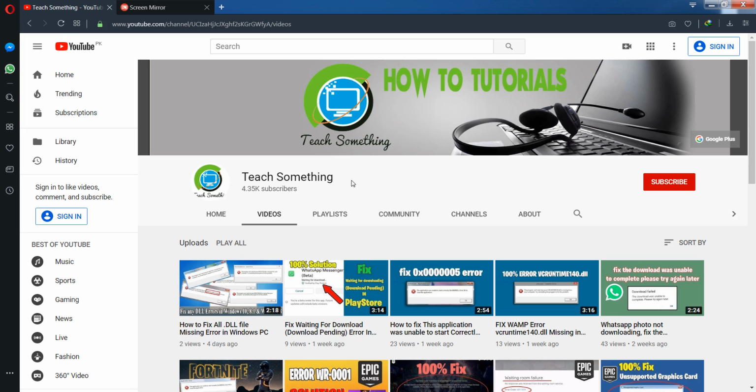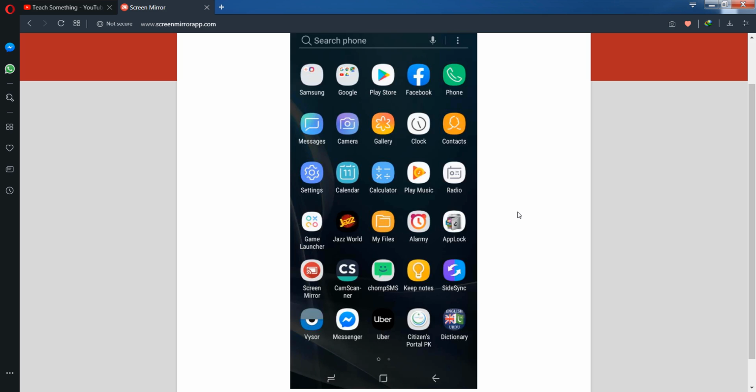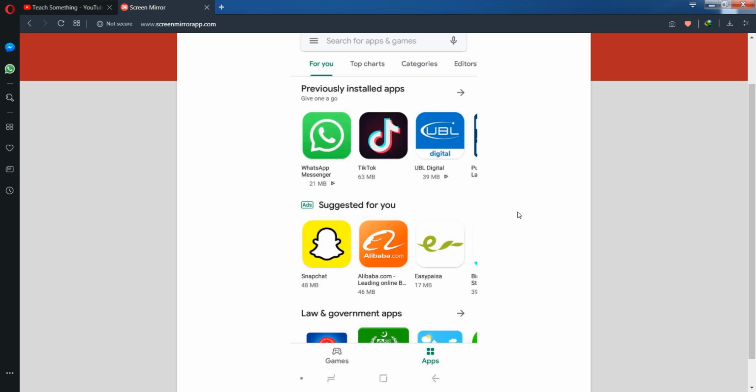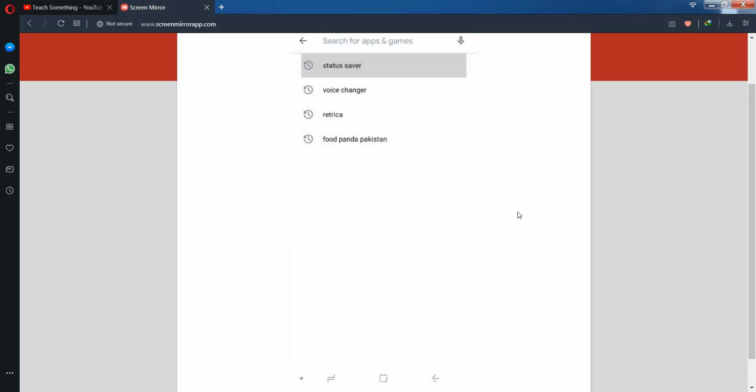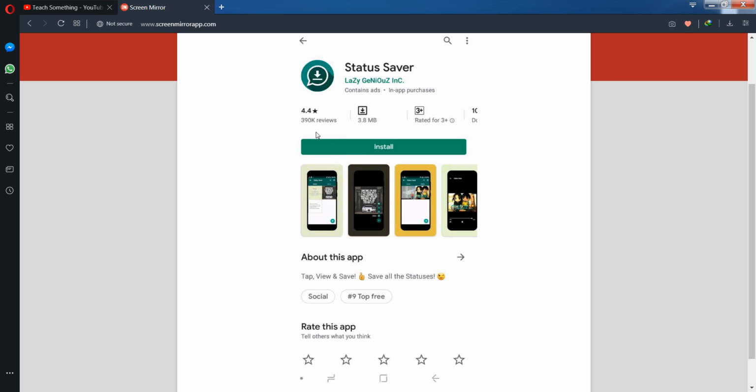Let's start. Okay guys, first of all go to your Android mobile phone, and after that go to your Google Play Store. In the search box, type status saver. When you search for status saver, you can see a lot of applications named status saver, but you can select the status saver which is developed by Lazy. Now you can see that 4.4 is an excellent rating, and approximately